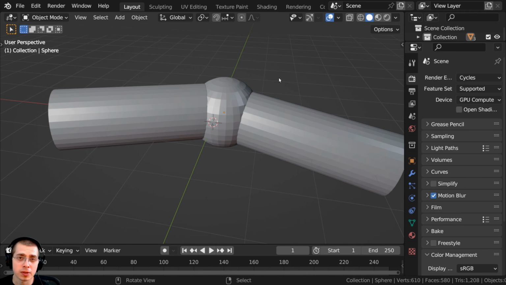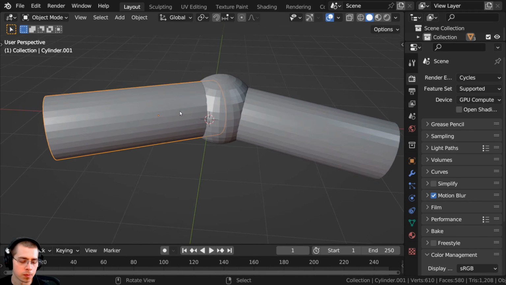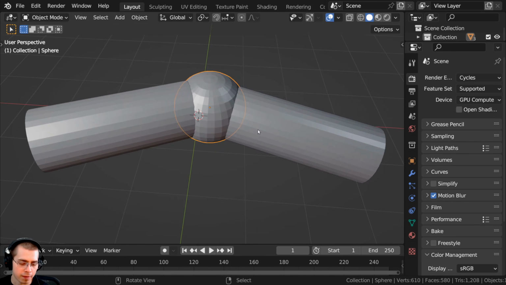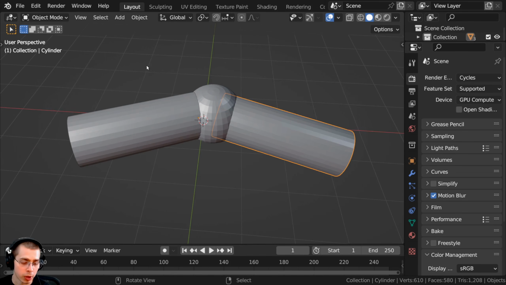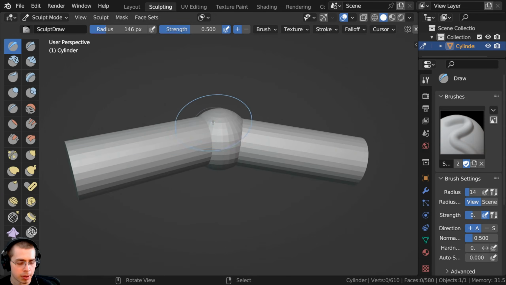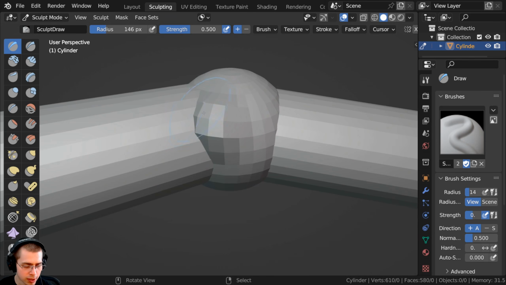Now there's one more great use of the remesh feature, and that is when you want to join objects together to sculpt them. So let's just say that I'm sculpting an arm here, and I have the top of the arm, then I have the joint, and then I have the lower arm. Well, what I can do is box select all the objects, and I can press Ctrl J, and this will join the objects together into one object. But now if I go into sculpt mode and try to sculpt this, you can see there's a problem here. It's not connecting, and that is